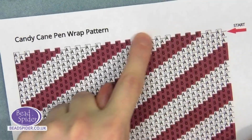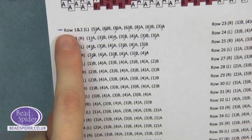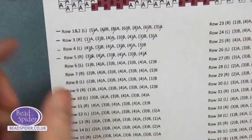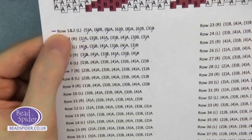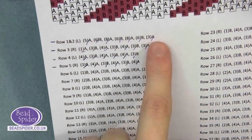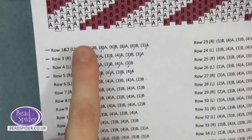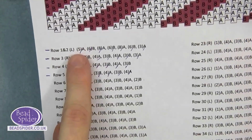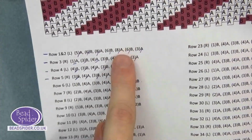Rows 1 and 2 are the very first rows that you stitch. If we have a look, you can see Jermaine's been marking this off because she started a pattern. When you start a peyote pattern, you get rows 1 and 2 together at the same time. So you see, it's a full 42 beads across: 5 of color A, 6 of color B, 8 of color A, 6 Bs, 8 As, 6 Bs, 3